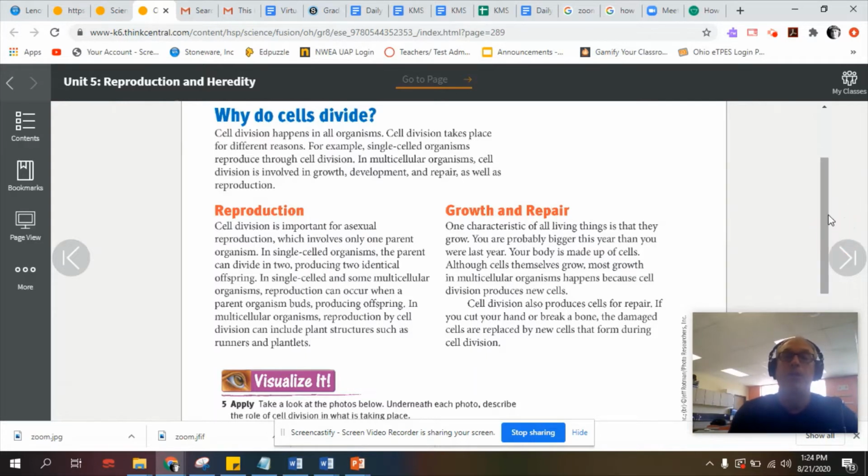Growth and repair. One characteristic of all living things is that they grow. You are probably bigger this year than you were last year. Your body is made up of cells. Although cells themselves grow, most growth in multicellular organisms happens because cell division produces new cells. Cell division also produces cells for repair. If you cut your hand or break a bone, the damaged cells are replaced by new cells that form during